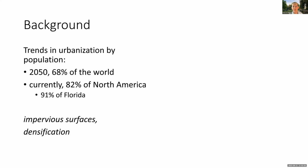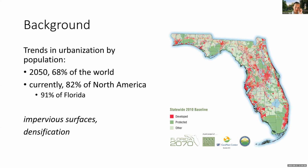Urbanization is not only defined by density of people, but it's also defined by the expansion of built landscapes, so impervious surfaces and densification. The conversion of land uses to impervious surfaces is usually what is denoted during this development process. I want to show you real quick a map of Florida's developed, protected, and other land uses from 2010. This was part of a project done by 1,000 Friends of Florida, UF, and FDACS. And so they were looking at,